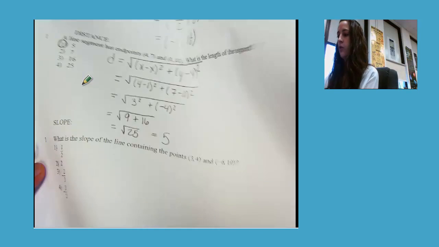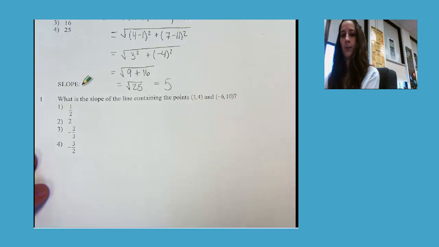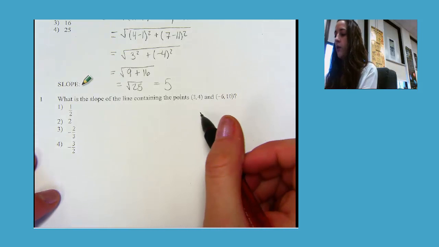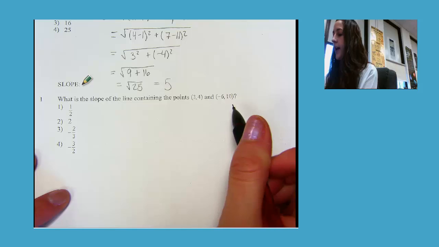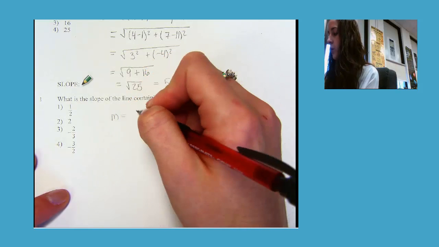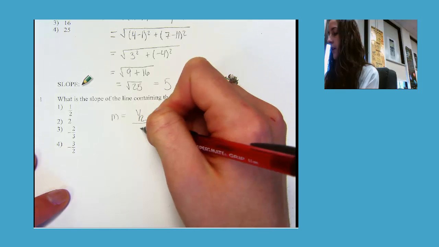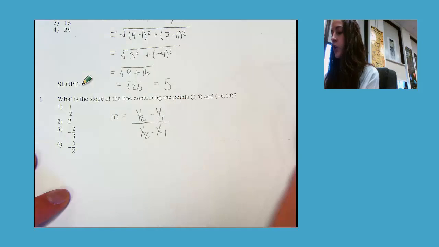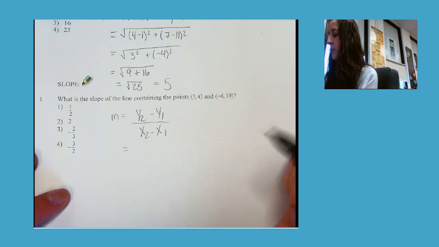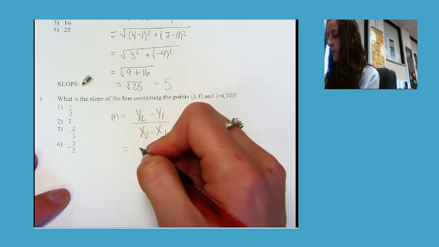Moving on to the slope. So this is the first problem in your slope section. What is the slope of the line containing the points (3, 4) and (-6, 10)? So we're going to use our slope formula, which is y2 minus y1 all over x2 minus x1, which is just the change in y over the change in x. So we're going to go ahead and substitute our y values in. So it's going to be 10 minus 4